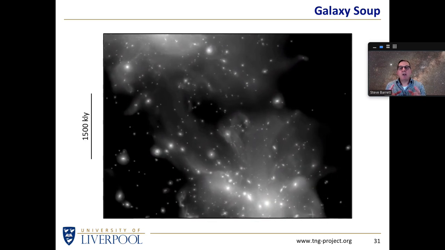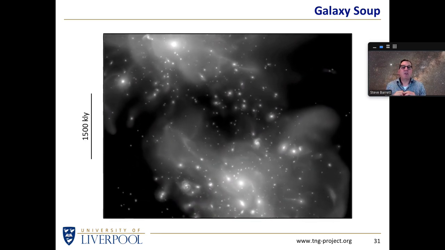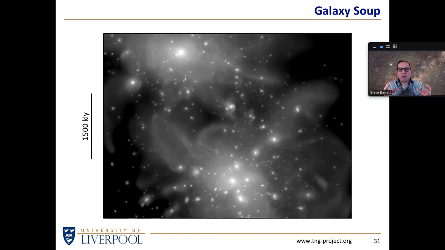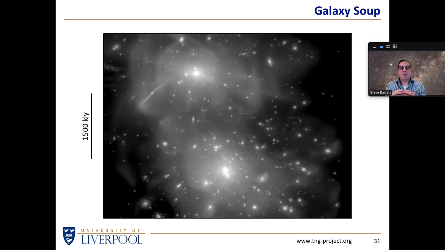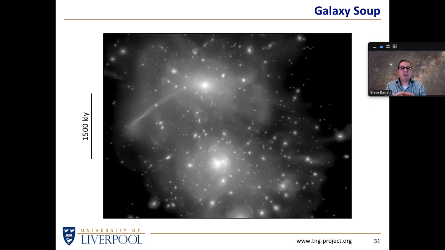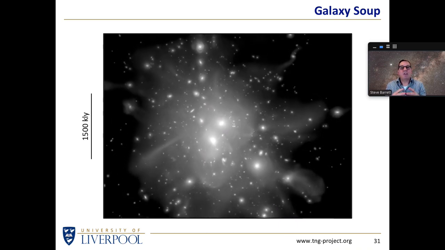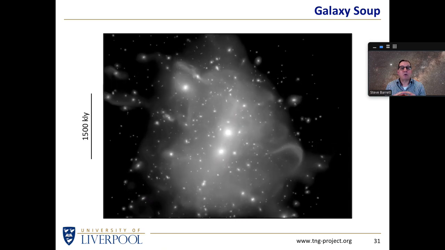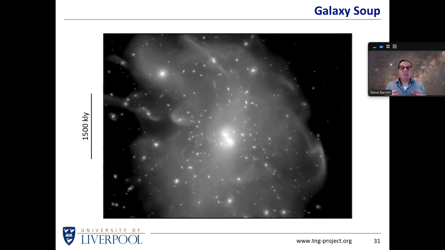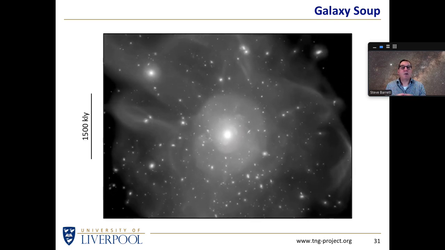Every time we look at this, we see that every galaxy is interacting with the other galaxies. Some of them are distorting each other, like the static picture I showed a moment ago. Some of them are eating each other. Some of these galaxies are cannibals, and large galaxies are absorbing smaller galaxies and growing as they do so. And we think this is an intrinsic part of galaxy evolution. That's how large galaxies come to be.